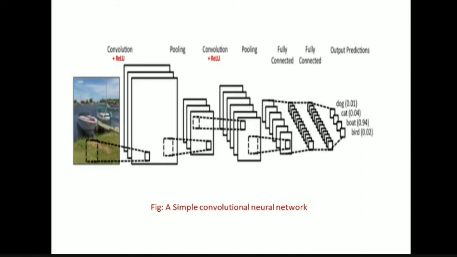We have two boats, right? So this convolutional neural network has been given an image of two boats. Finally, in the output layer, can we say that it has successfully identified the object in our given image? Yes, sir, but we can't observe the other objects, that is dog, cat and bird.